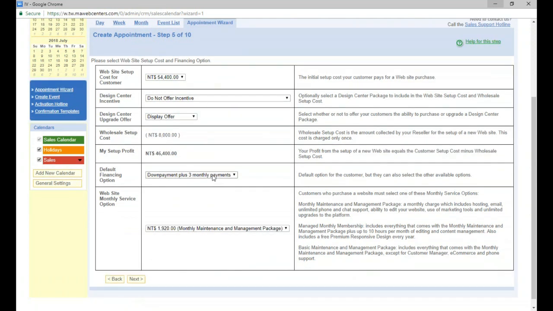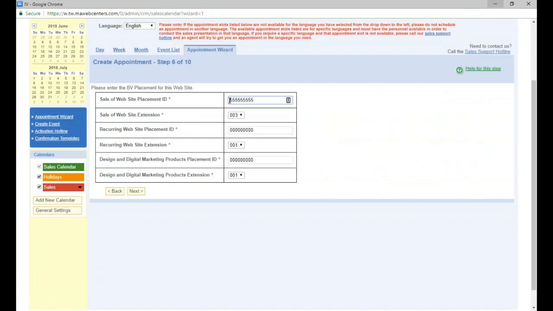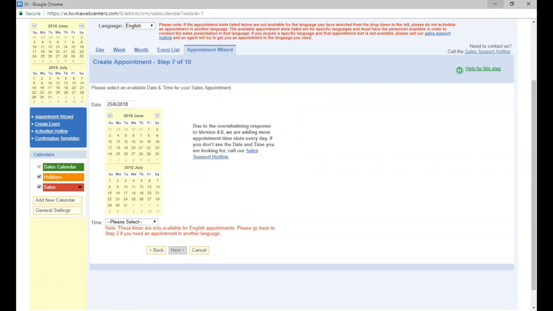And of course, if you need to know in more detail how to finish the appointment, it's very simple. You can either learn it from our MAWC 411, or you can also go online, or you guys can sign up for an upcoming event where they teach you step by step how to do the Web Center and everything. So once you finish the appointment in our system, you select the date and time,